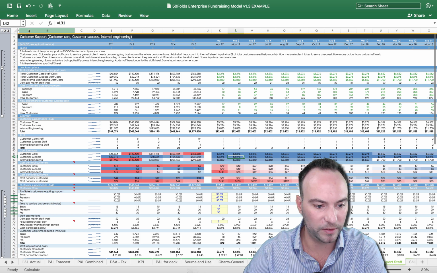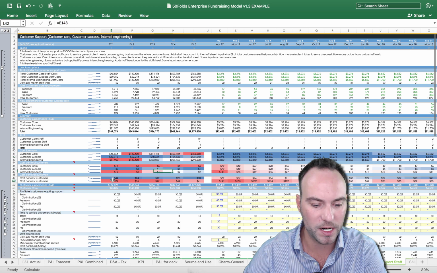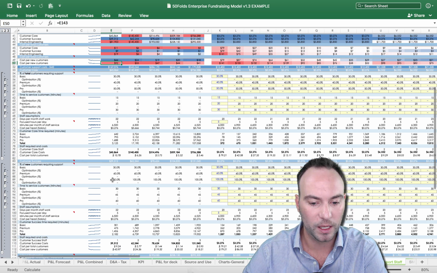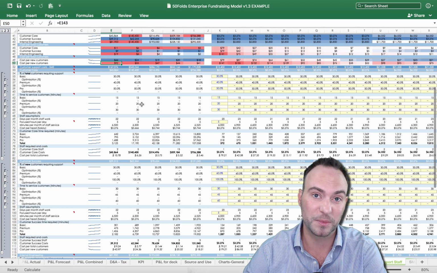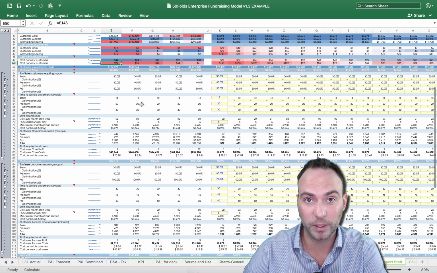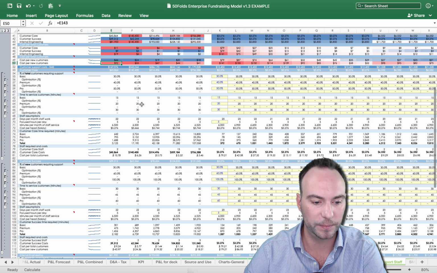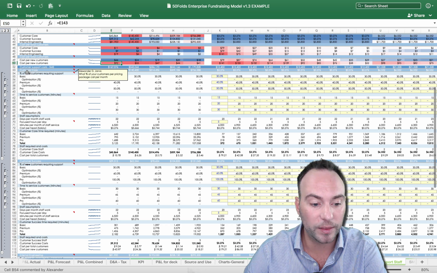So how do we calculate this up? Well, similar kind of logic to the sales guys. We assume that you're going to have customers. Customers are going to need help. If you're offering support, you need to hire people. Simple, right? So we'll say we've got buckets of people, Basic, Premium, Pro, and we look at the total number